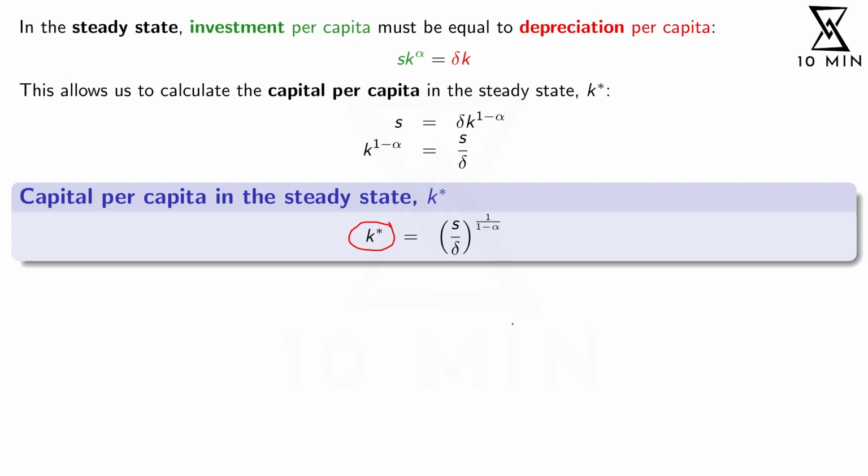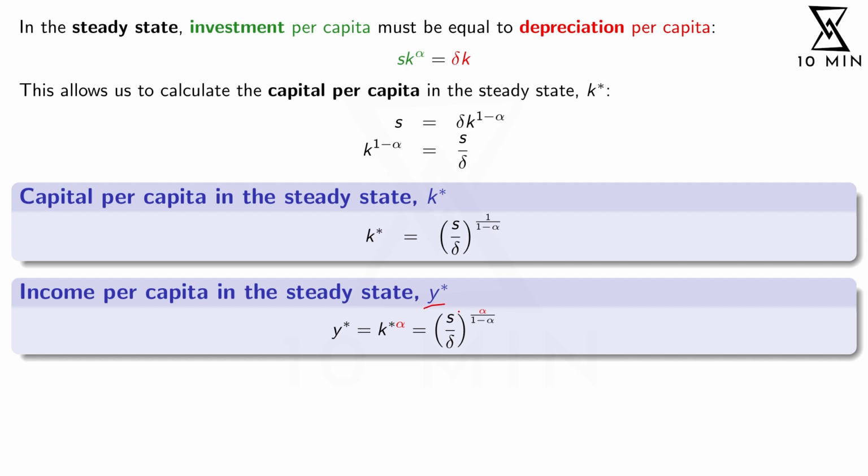It's very important to understand that in the Solow model, everything is driven by the capital stock. So once we know what happens to capital stock, for example what the capital stock is in a steady state, we can calculate anything else in a steady state. For example, our income in steady state. We already know that our income with our Cobb-Douglas production function is k to the power alpha. So if we want to know our steady state income, we just have to take our steady state capital stock and raise it to the power alpha. So this is why now in the exponent you have the alpha here. And that's already it. That's our income in the long run in this economy.